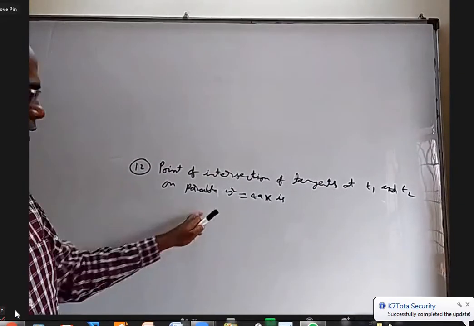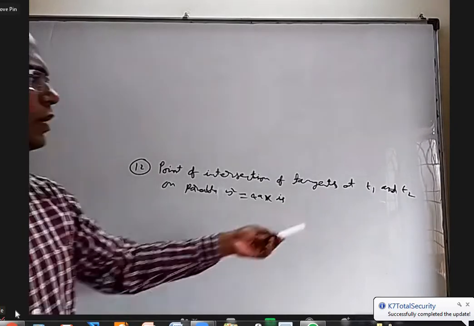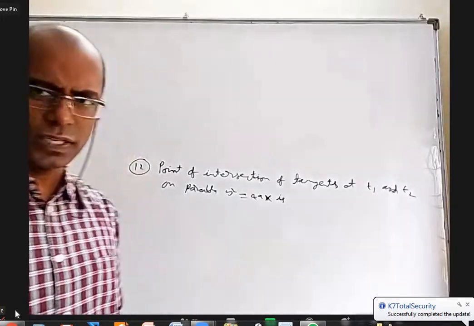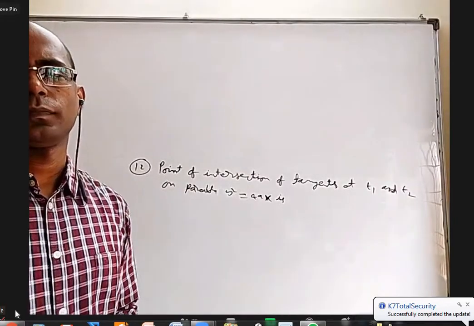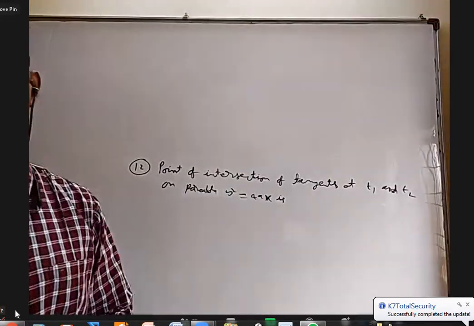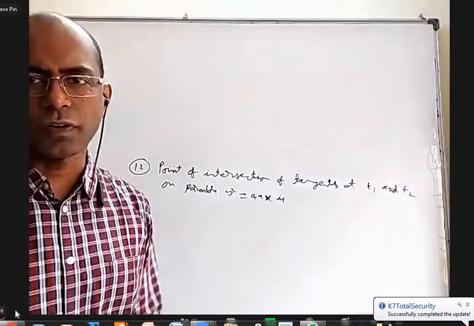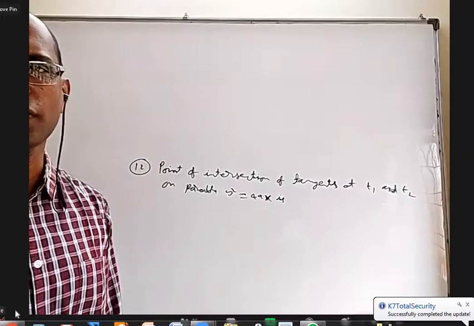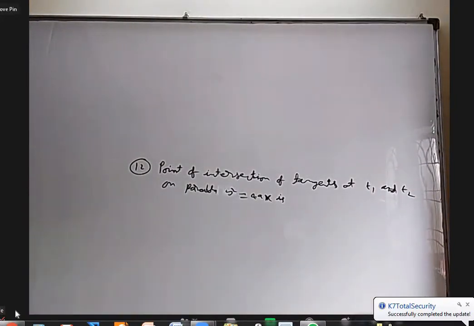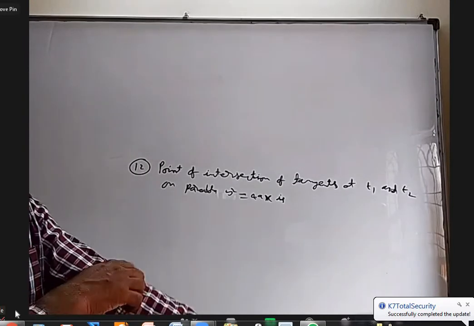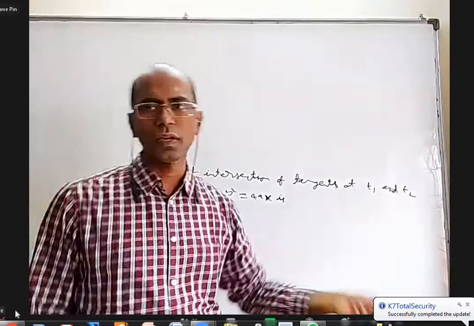Anybody want to tell what is the answer here? What is the formula for tangent at T1? x minus Ty plus a T square equal to 0. Am I right? You see yesterday's formula, 7th formula, 8th formula. What is the formula for equation of tangent at a t square comma 2at? x minus ty plus a t square equals 0. Yes, correct. So find the equation of tangent at T1, find T2, and solve them.